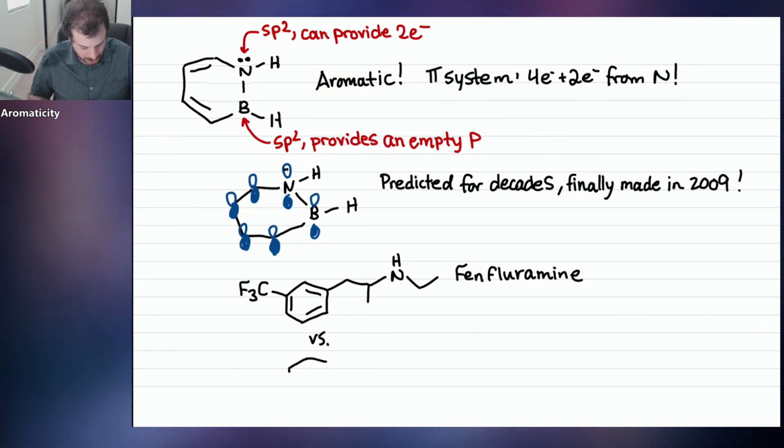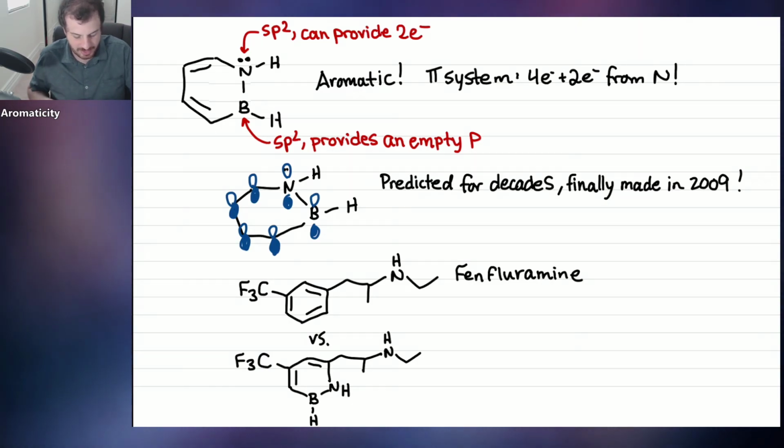imagine you made this compound. Can you see where I'm going with this? We replace the benzene ring with our dummy aromatic ring that we know is still aromatic. It has pretty much similar properties to benzene, but structurally it's different. So it's undetectable by drug tests.